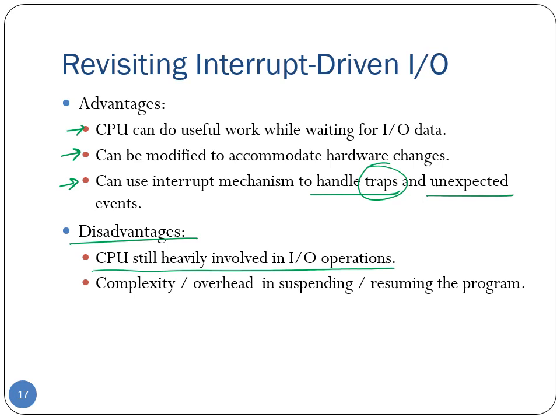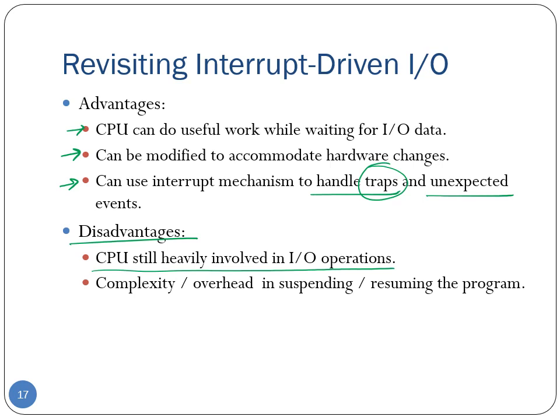On receiving the interrupt, the CPU will suspend the currently executing process. It will go gather the data from the IO device, let's say, and then set the IO device to transfer the next byte or next word. Then again the CPU goes back, and this process is repeated for every word that the CPU needs to transfer. So if the CPU needs to transfer, let's say, thousands of bytes or thousands of words, there will be thousands of such context switches. So every time there is an interrupt, we need to do this context switch. We have to suspend the executing process, we have to invoke the interrupt service routine, and so forth. So this is a lot of overhead involved with every